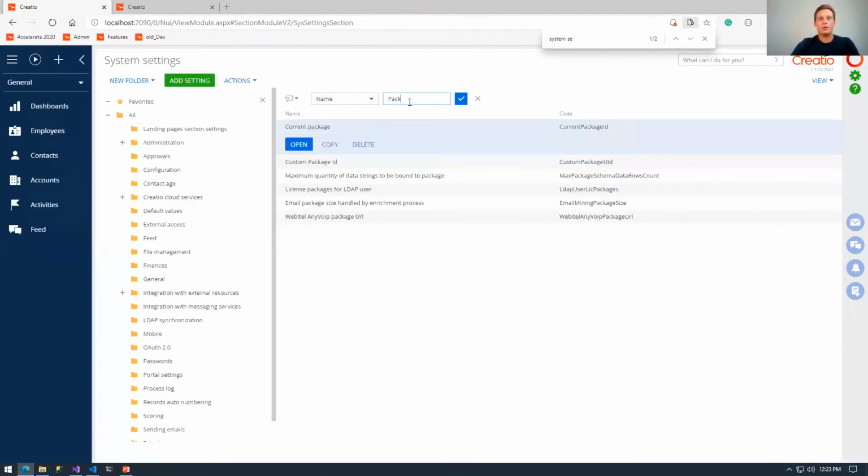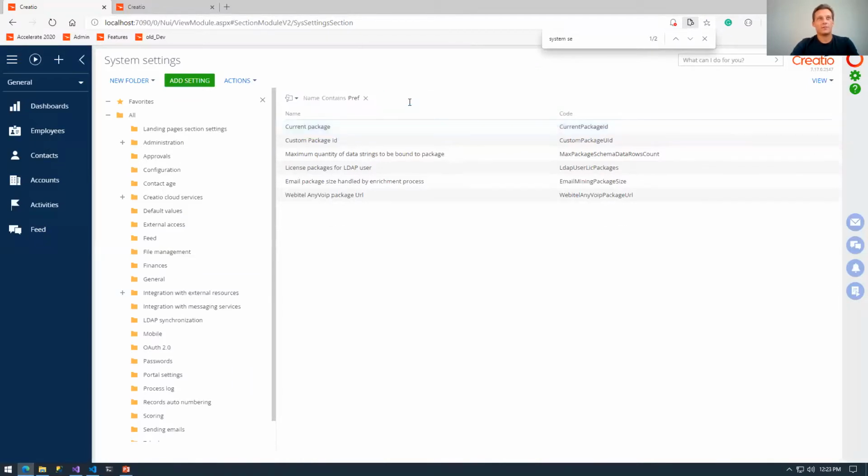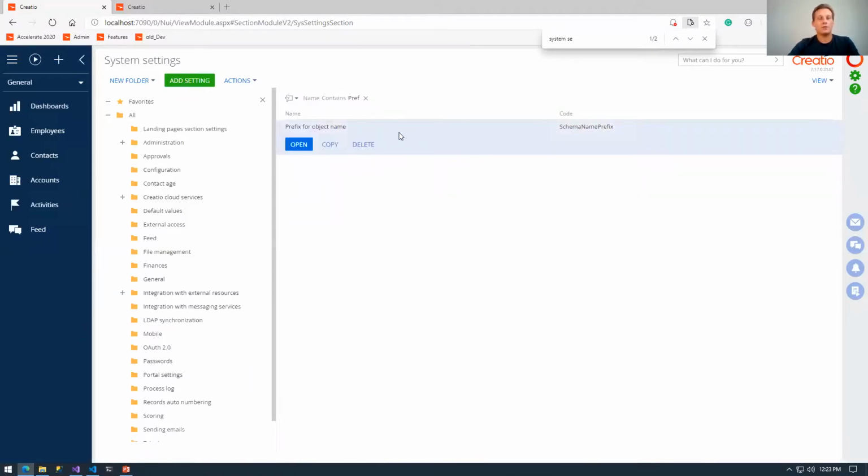Setting number two that I want to affect is going to be a prefix. Now, the prefix for object name will instruct us